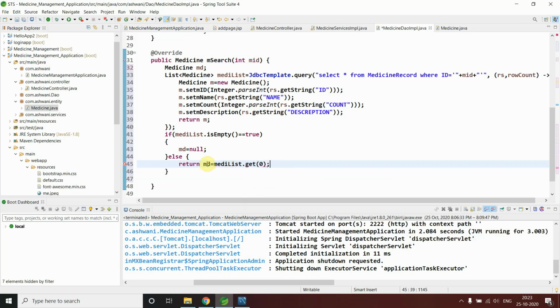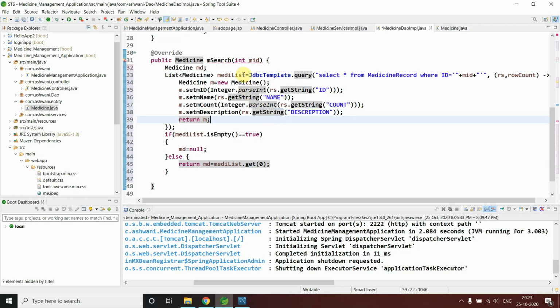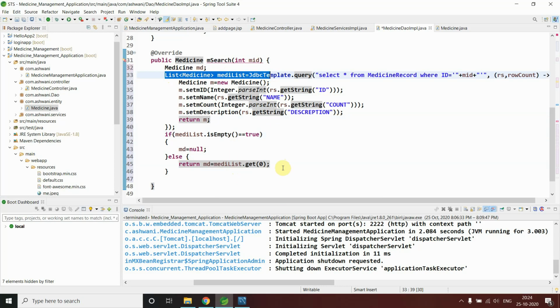Why am I using index 0? Because when it returns your values, it comes directly like in a list, so I say select index 0. Got it? Hope you got that. So in this case my list is completed and this also, and here I can say just return md simply.